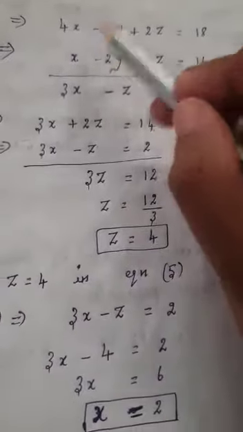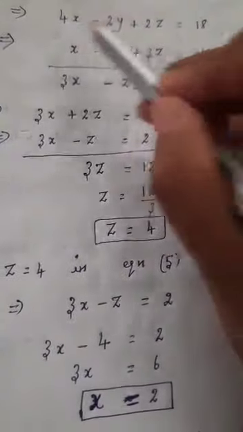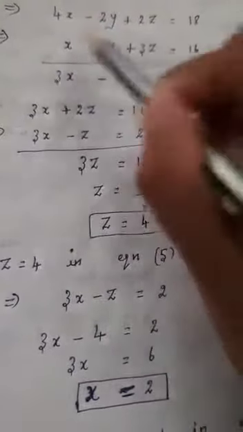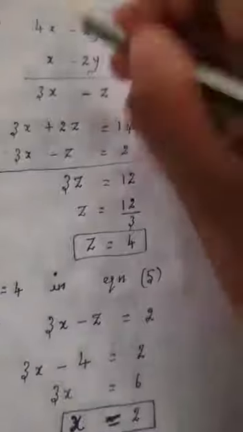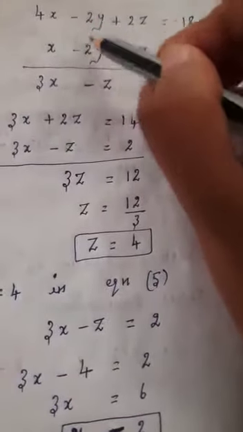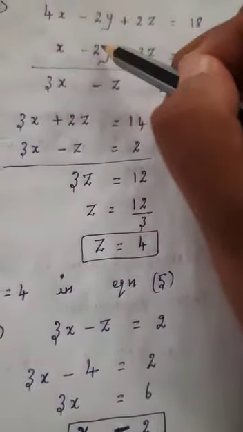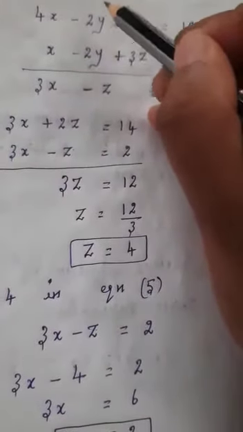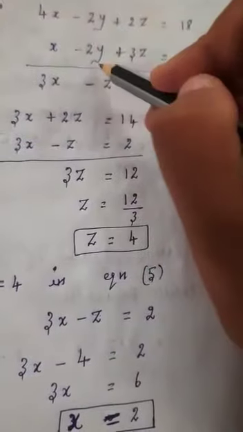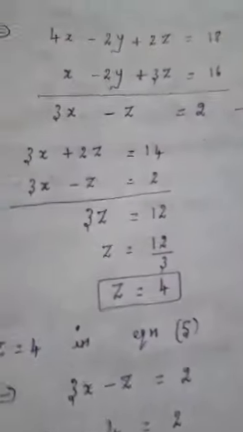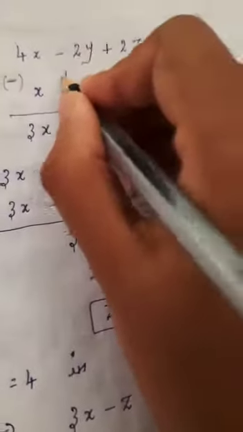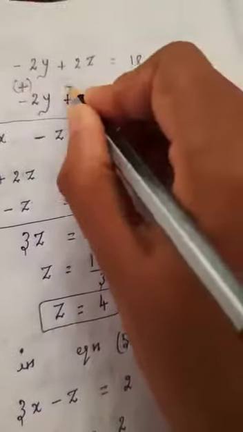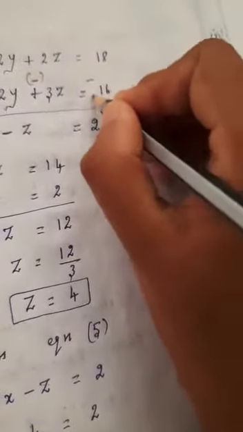Now in the same way we are going to eliminate the y variable only. So here we need to add or subtract. Subtract means we have to change the signs of all the variables in that equation. To eliminate this y variable, we can eliminate only if we subtract, because you have the same sign. If you add, we will get minus 4y. But here we need to eliminate this variable, so we have to subtract. While subtracting, we have to change the signs. Here plus becomes minus, here minus becomes plus, here plus becomes minus, and here minus becomes plus.